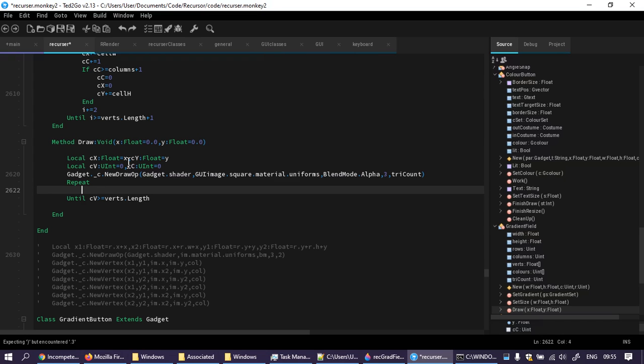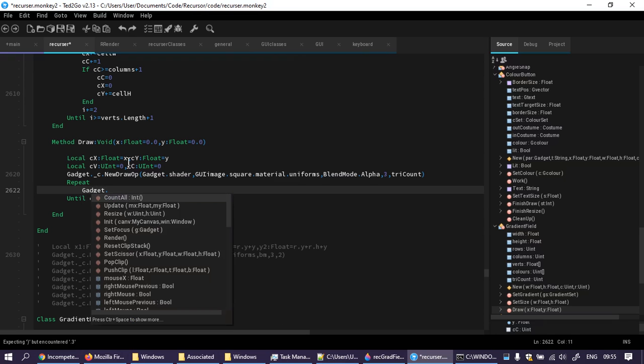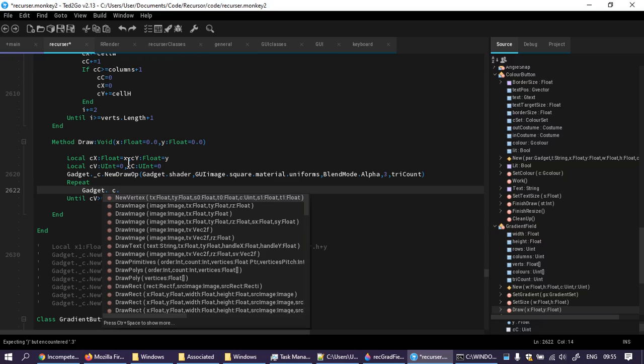So, if I'm imagining myself at the top left, the current X... I don't even know if I need current X and current Y. No, I'm just offsetting all these things by X and Y. Anyway, what really am I saying? I'm saying gadget, canvas, new vertex,